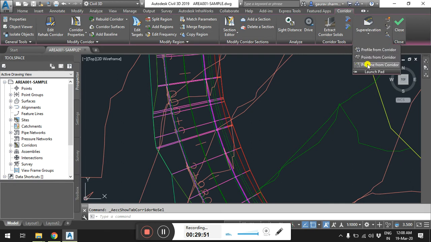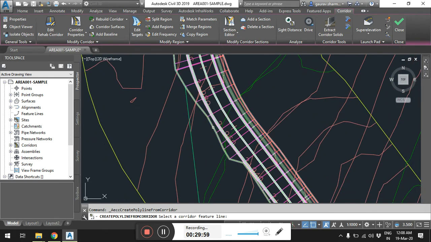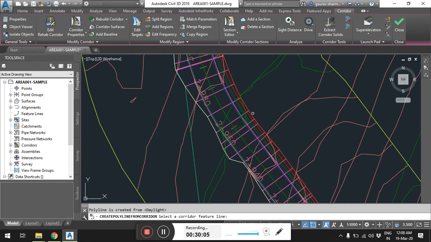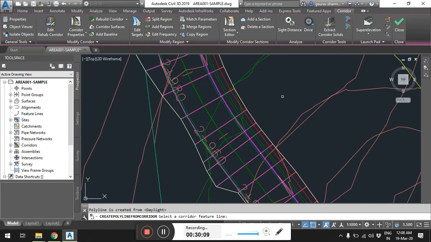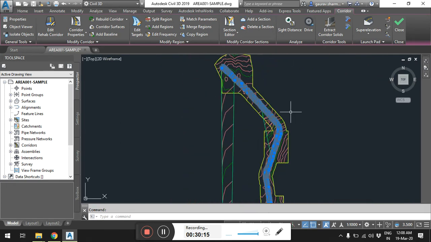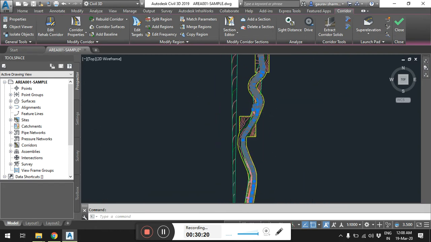Instead of extracting feature lines, I can simply extract the polyline from the corridor. I'll select this option and I want this as a feature line of the corridor. It should be daylight. I'll choose OK, and here I'll select this and I'll select daylight. I'll choose OK. Now I have these two polylines that are automatically extracted from the corridor, and you can see